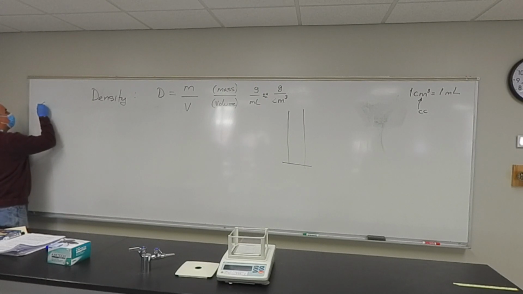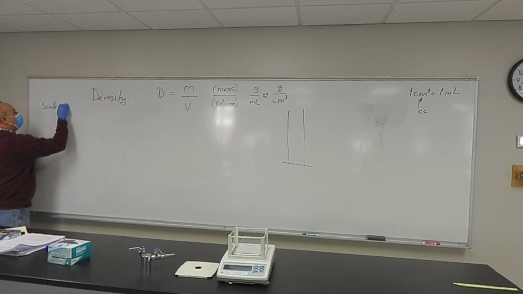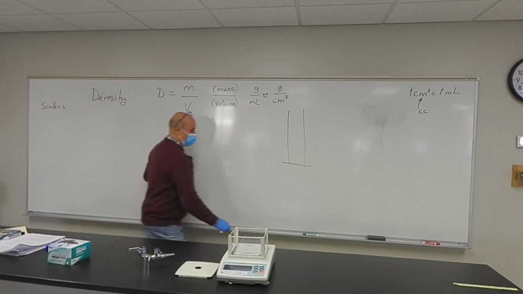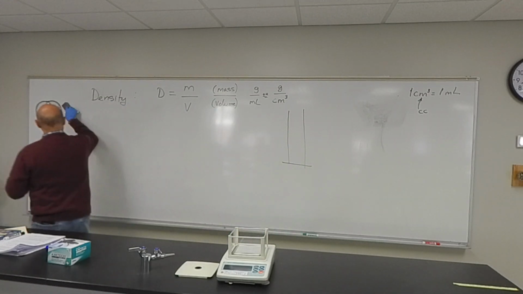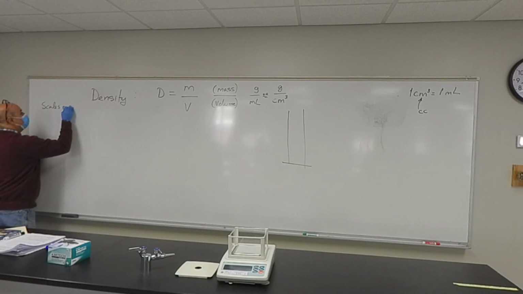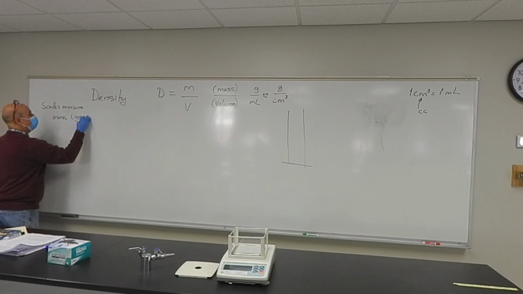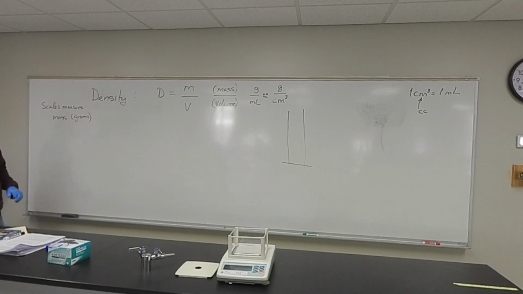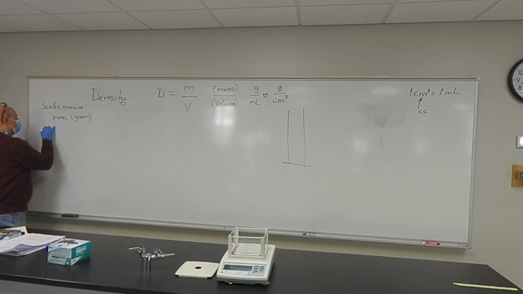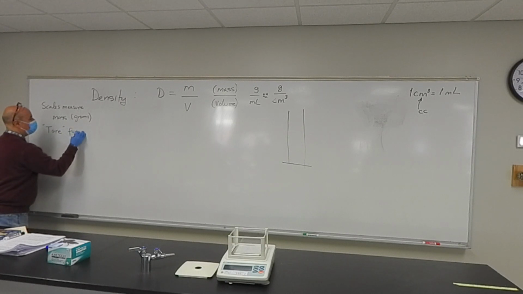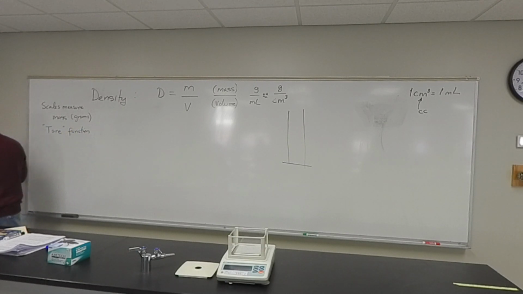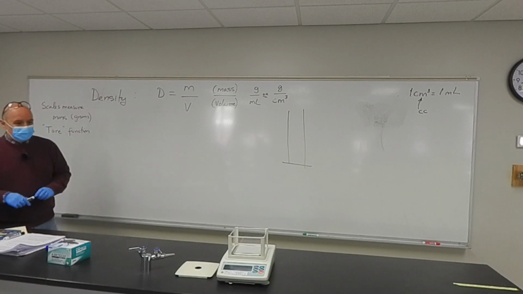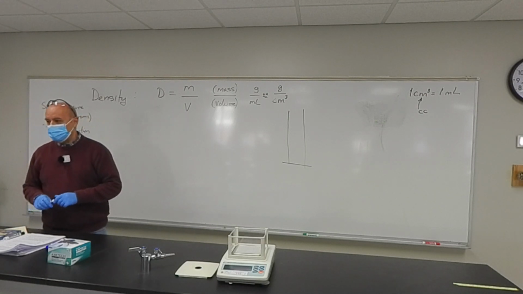So scales are used for measuring mass. Typically in grams, although there is a button to change the units, although we never ever touch it. And then it contains a button called the tare button. There's a tare function on every scale. And the best way I can describe to you the tare function is,